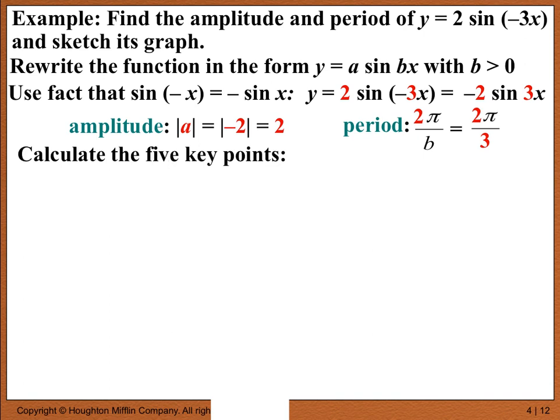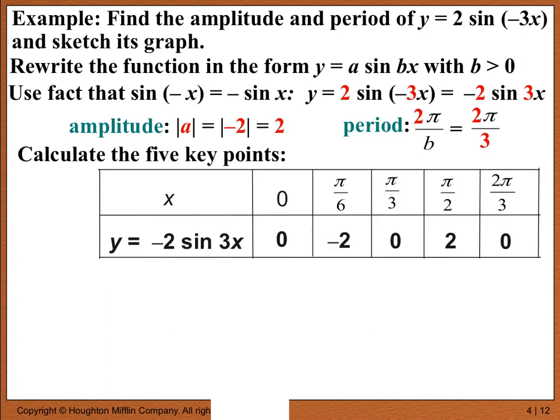Okay, so calculate the 5 key points. This is the most important step. And don't worry if you had to resume because you got stuck, or if you maybe didn't get these right, because I can easily explain how we came up with them. Recall, of course, that the 5 key points are beginning of the period, quarter period, half period, three-quarter period, and full period. Well, if I know that my period is 2 pi over 3, because 2 pi over b in this particular case is 2 pi over 3,